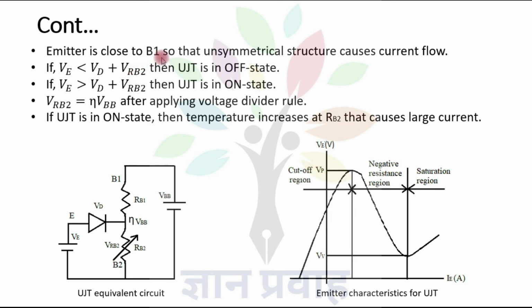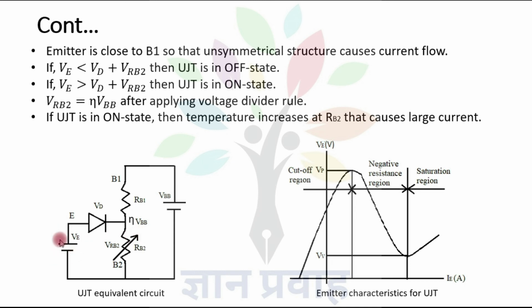Emitter is close to B1, so that asymmetrical structure causes current flow. The UJT equivalent circuit is given here. A PN layer is there between the emitter and base region. That's why we are showing a normal PN junction diode logical symbol here. Base 1, and here the resistance is RB1. Base 2 resistance is RB2, and this resistance is a variable resistance, and it depends on the value of the applied emitter